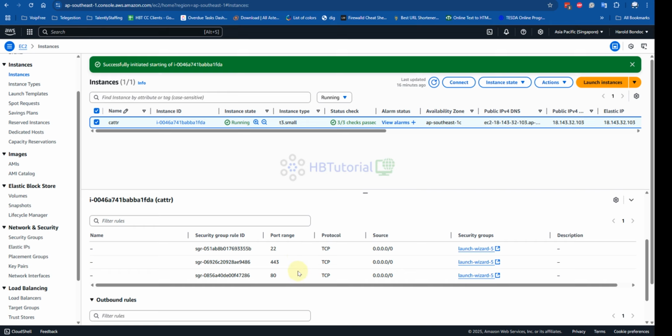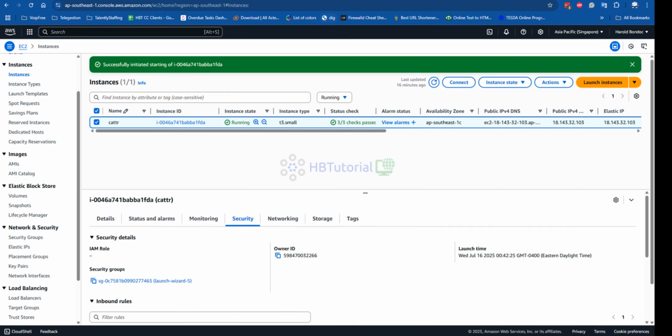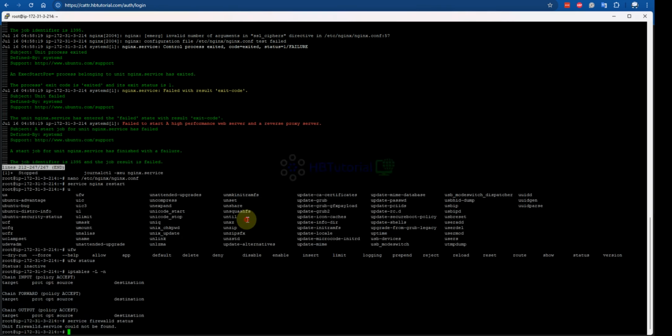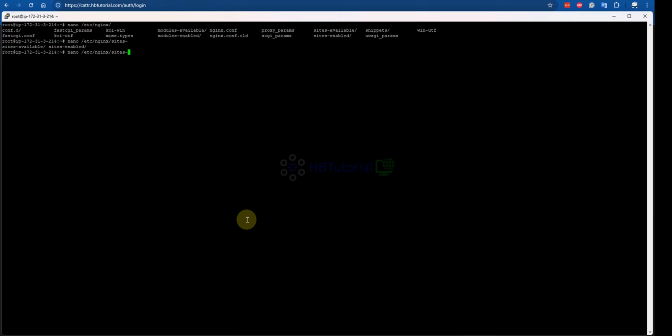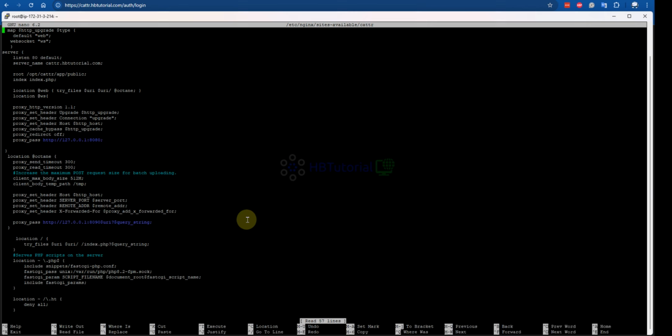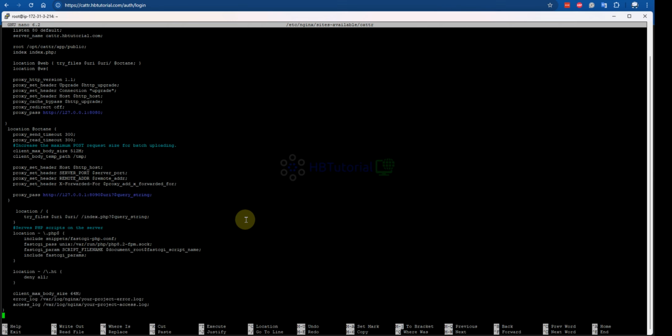So we have HTTPS on here. Okay, so we need to configure our vhost. So nginx, sites-available. So from here, HTTP. So we need to update.